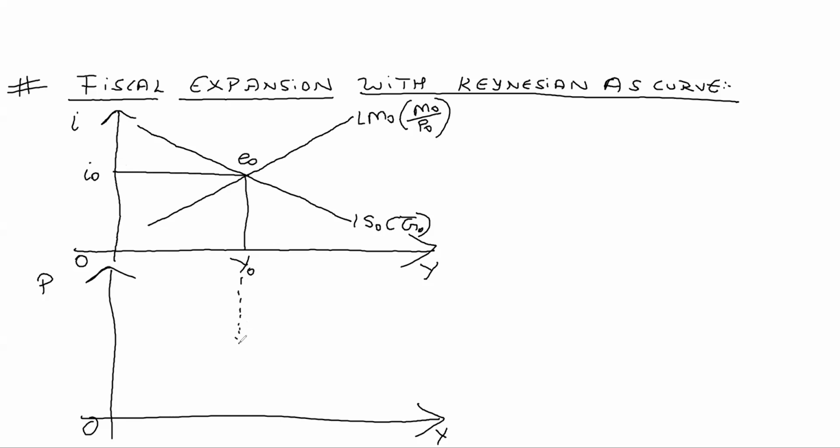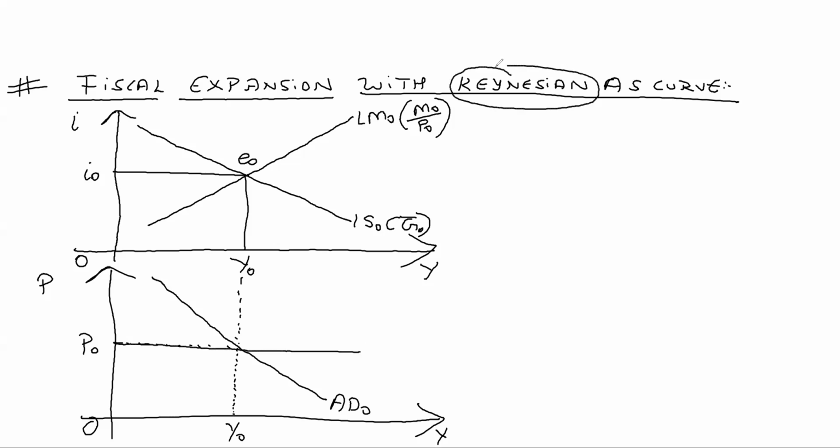Corresponding to that, we have the initial price level, P0. This is my initial aggregate demand curve, AD0, and my initial aggregate supply curve. Since we are in the Keynesian economy, my aggregate supply curve will be parallel to the x-axis, horizontal. Now, suppose